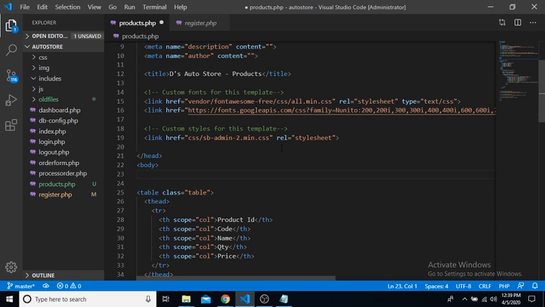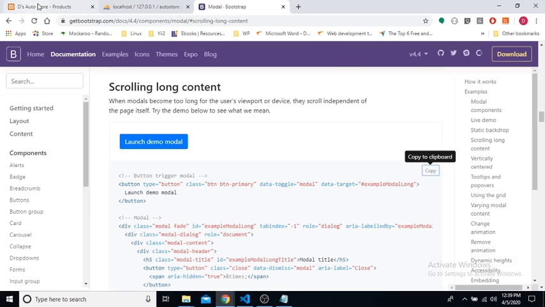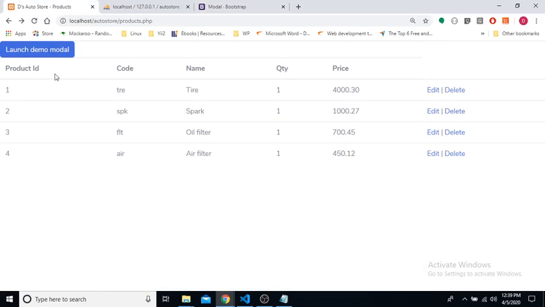Let us paste that code right here, and if we save it and refresh our products page, we should see our launch demo modal button, and if we click on it,